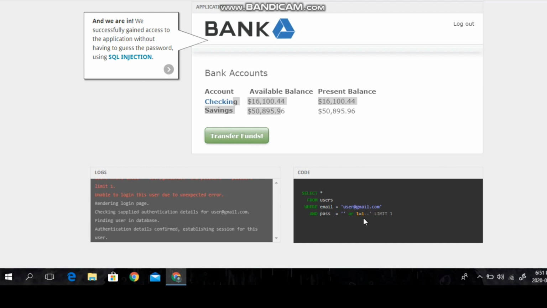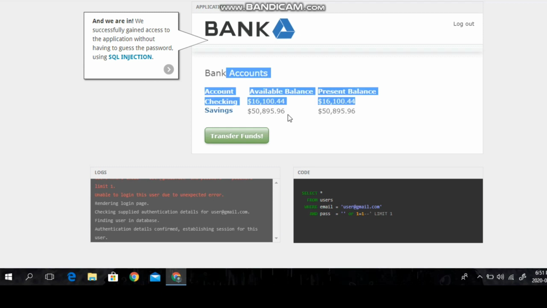Here we don't know the password, so it's blank, or you can write anything else here, but it's going to go through because there is an or. If we give and, then it's not going to work, as you know if you have worked with SQL. But here we have given or, so the password can be this or 1 equal to 1, which is always true. So we hacked, or you can say we logged into the user's account. It was really easy, and it's pretty interesting.